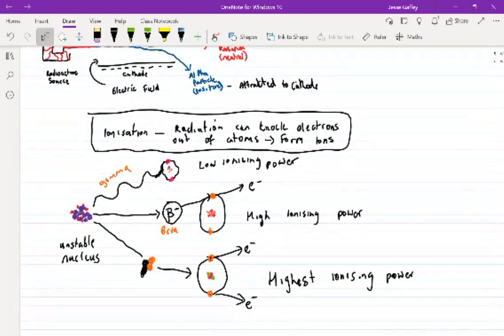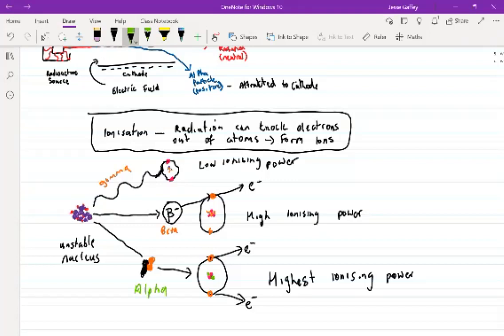Gamma radiation has the lowest ionizing power. Beta has a high ionizing power. It's higher than gamma, but it's not as high as the highest ionizing power, which is alpha. Alpha radiation has the highest ionizing power. And why does this matter? Why is this important? Well, this is particularly interesting for humans because